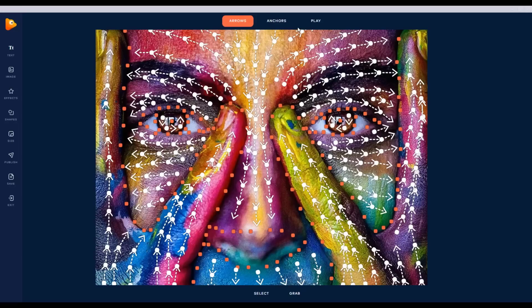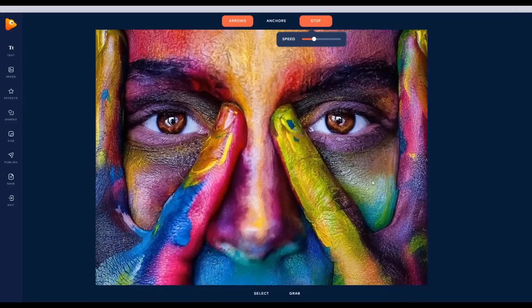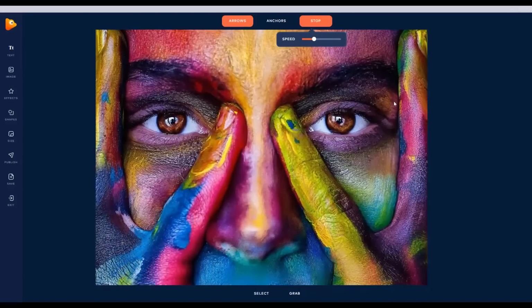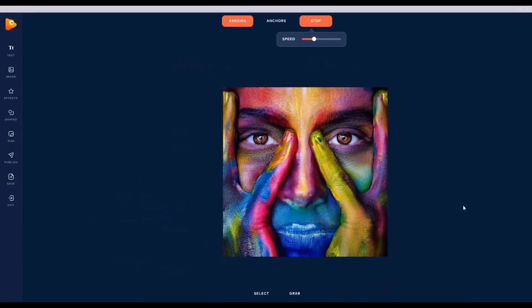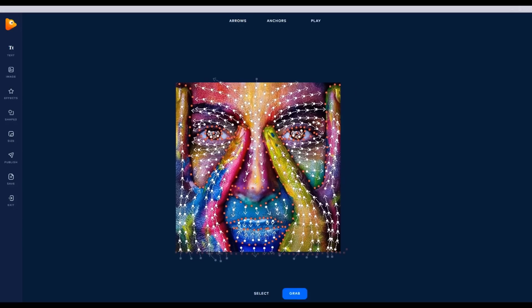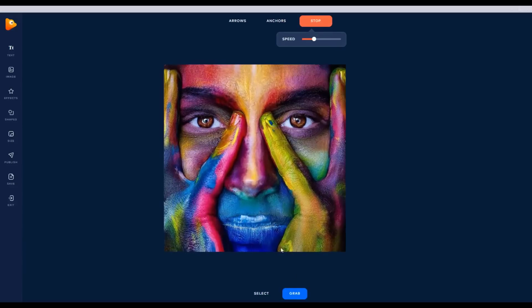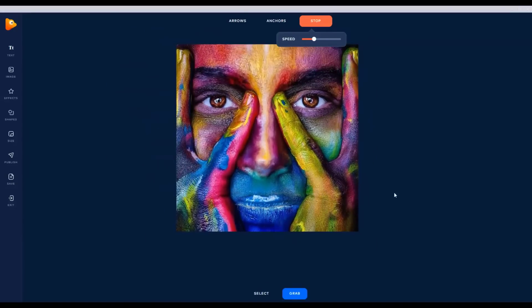Let's play it. See, now her eyelid is moving. She looks pretty good. This looks pretty close to the original that I made already. The only other thing that I think that we could do to make this look better,